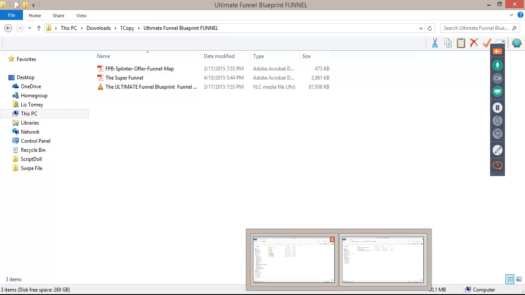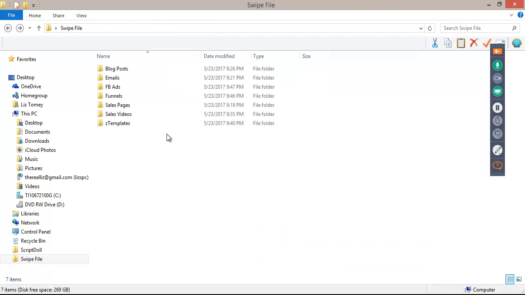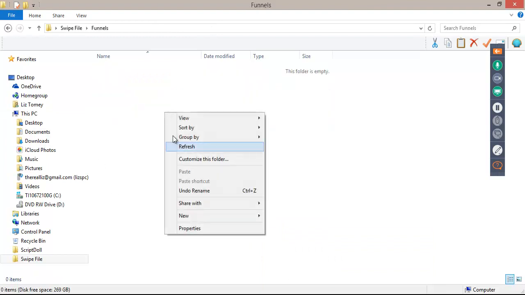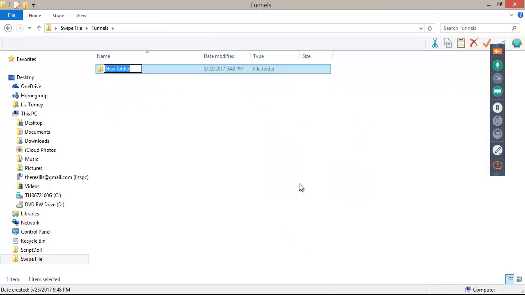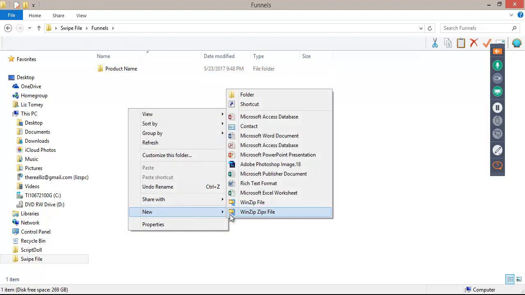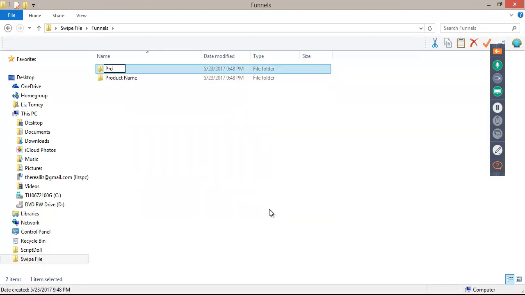sales page, keep the sales page. If you see the one-time offer and you like the one-time offer, keep it. Just name them things so that you know that they go together, or put them in a folder, okay? So like funnels, new folder, I would do product name, and then download everything into this folder for that product. Then if I came across another one, it'd be product name 2, okay?